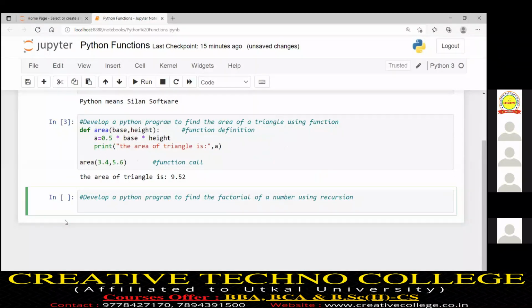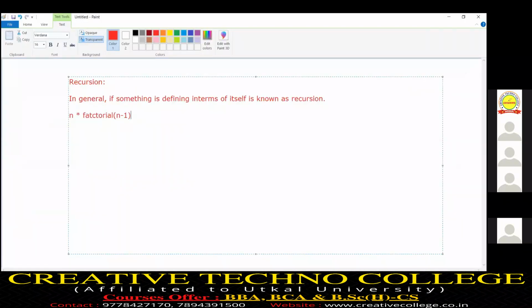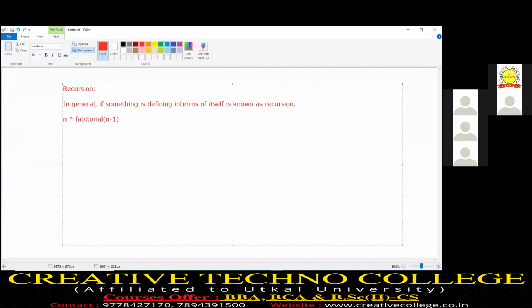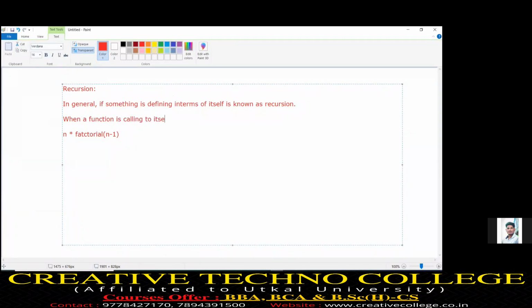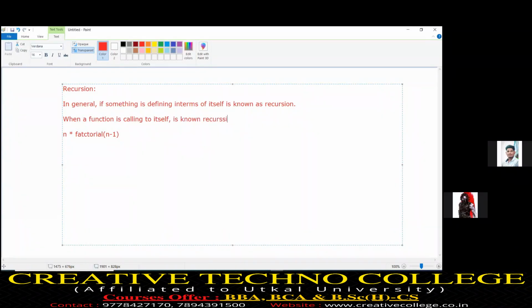So first of all, one point you can also write: when a function is calling itself, that is known as a recursive call, or we can say that is recursion.